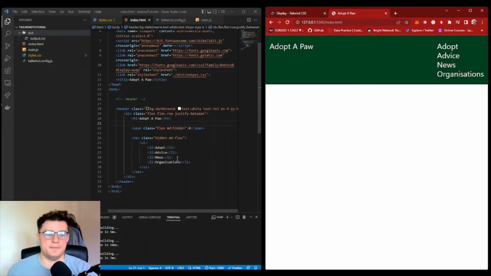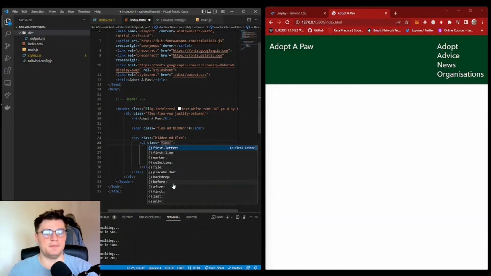So straight away, as you'd expect, we want this UL to have a flex row, so we need this to be flex. And because of course the ULs are inside the nav parent, you don't need to worry about hiding the class or anything here, because if the nav's hidden, then this whole thing is hidden. So flex, we want flex row,